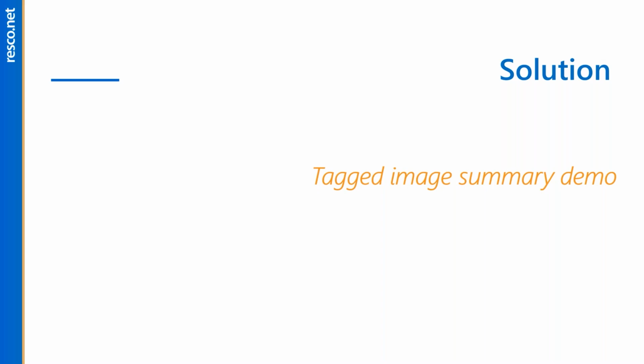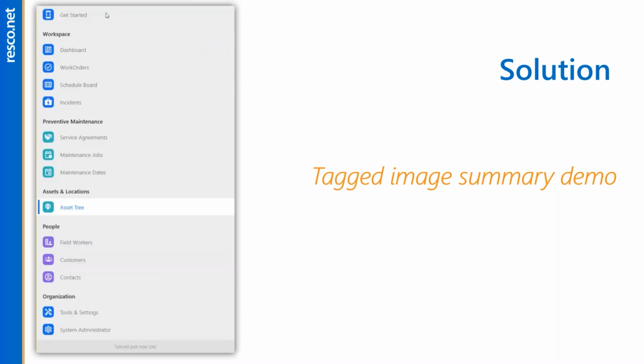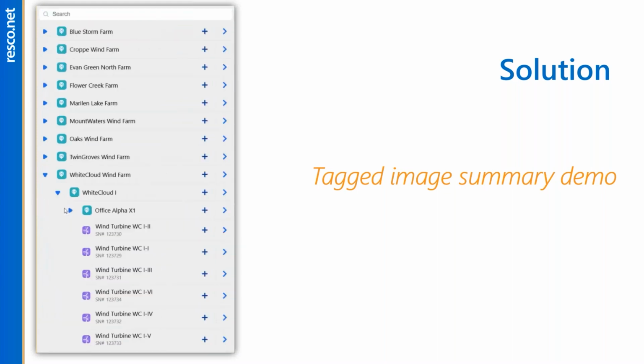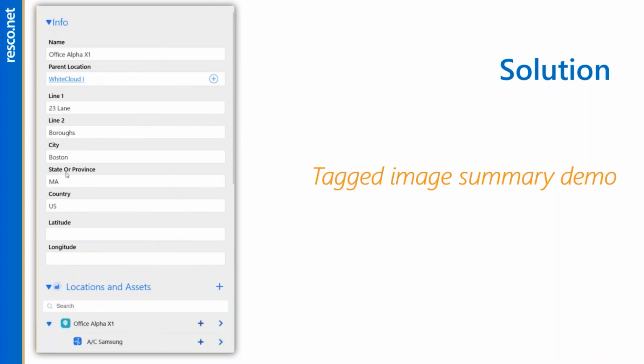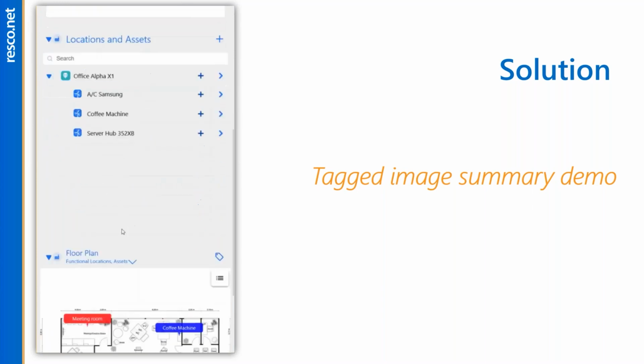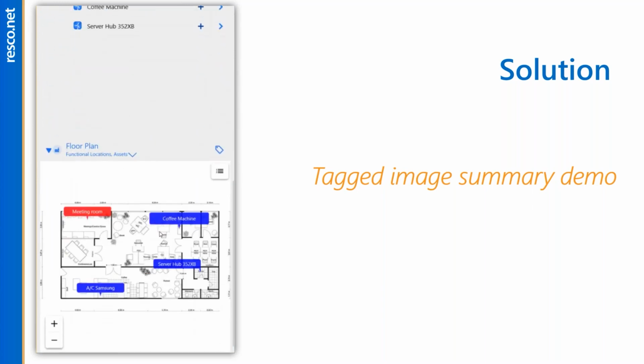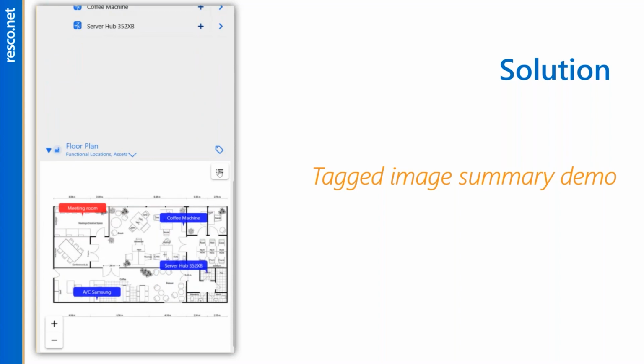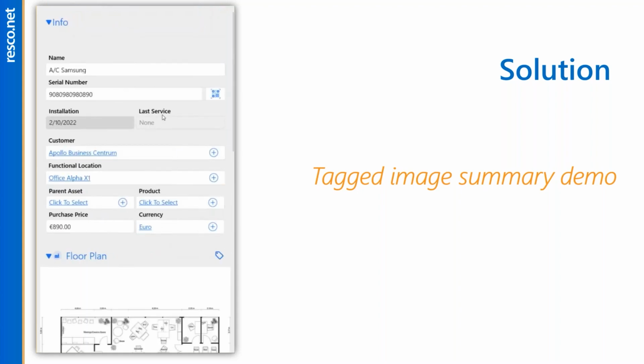First, we will start with the mobile application, and the technician would like to find out the asset. So the technician will click on the asset tree. The technician can locate, for example, some functional location. The technician can see, for example, what is under that location, what kind of asset or sub-assets like AC, like a server. Also, the technician can see what is available on the floor plan, can see from the legend where everything is located, can create new records,